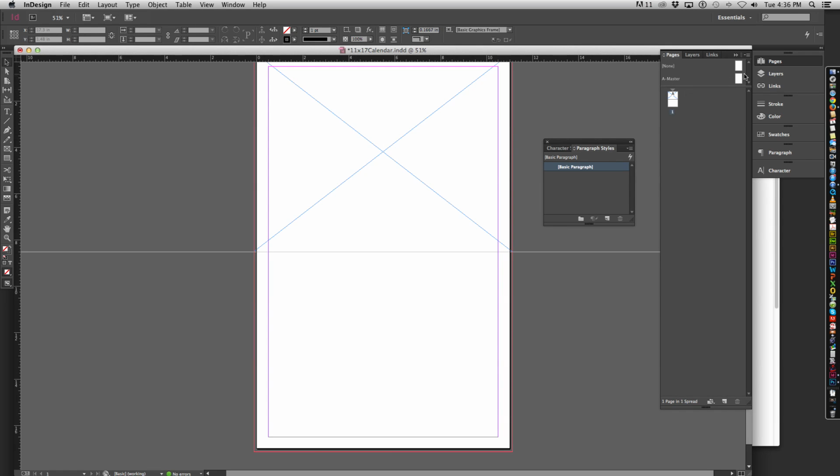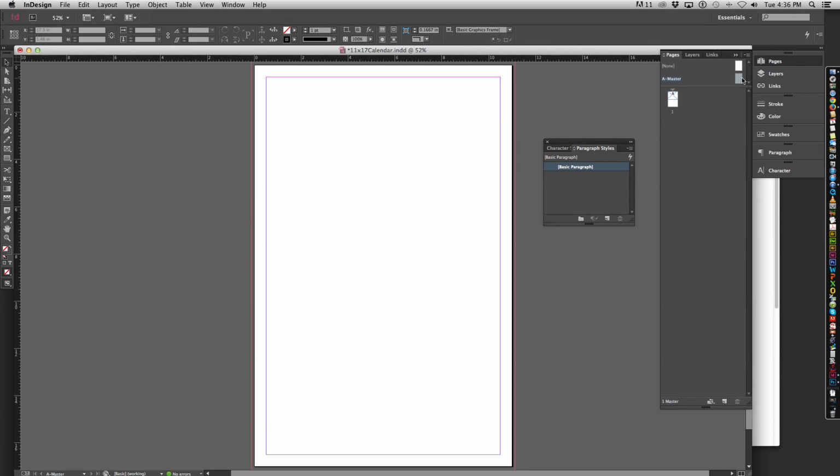So the way we select our master pages is coming over here and actually double clicking that. So if I double click that, I'll actually get into the master page, and you can see that I'm in that master page. The name is highlighted here. The older versions of InDesign, it would be black. Okay, if I double click that, you can see I'm on page 1. I'm going to go back to the master page. Okay, I could have put that guide on here as well,